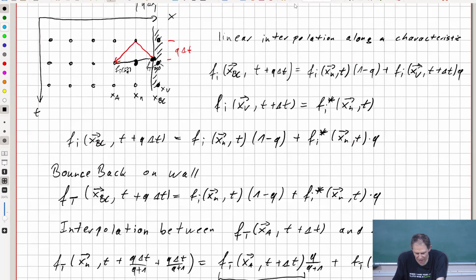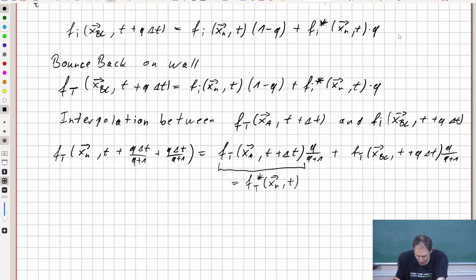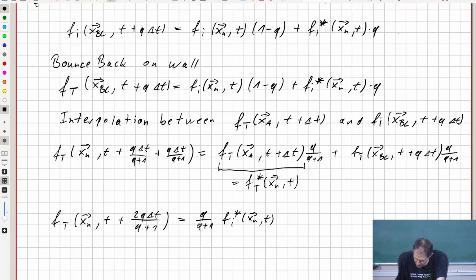So we can combine all of this to say that Fi over bar of xn and t plus 2q delta t divided by q plus 1 is equal to q divided by q plus 1 Fi asterisk xn and t plus,